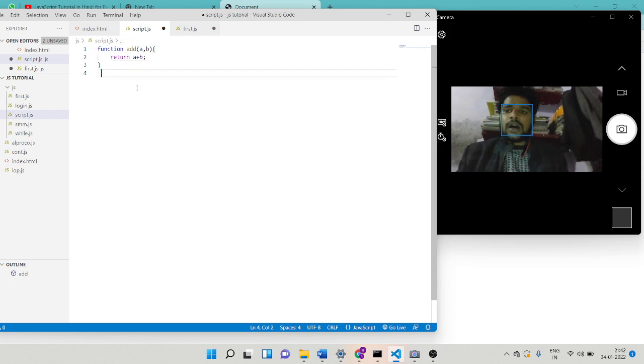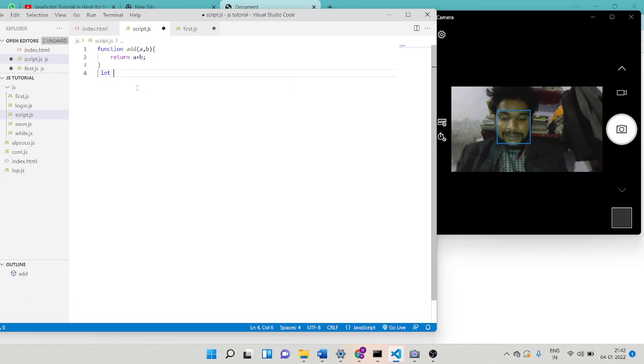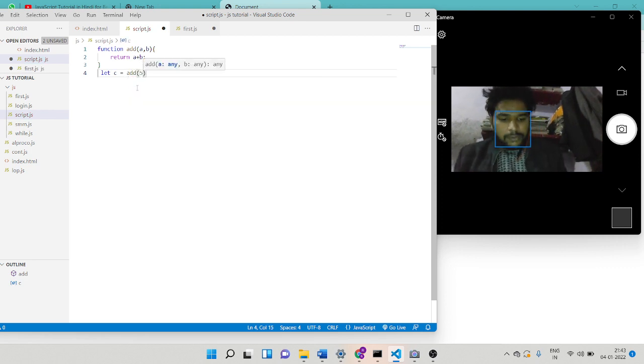After using return, we write the function call separately, because we want this answer elsewhere. First we create one variable: let c equal add 5, 6.